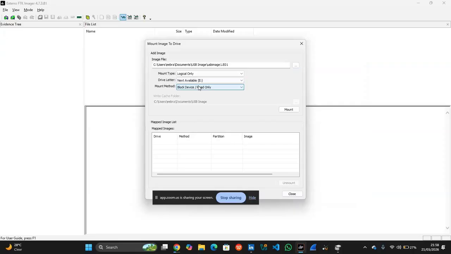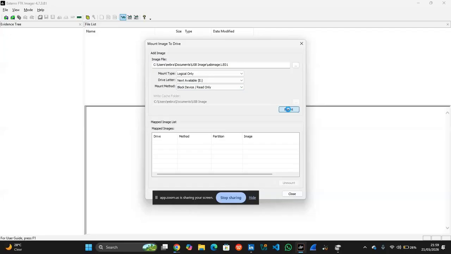It's easier. So logical drive, then the drive letter, which is the letter or the name that's going to be displayed for the drive, so you can identify this particular drive, right? Mount method: read only. I personally advise leaving it as read only so no one can tamper with it. So whatever evidence or data is in there cannot be tampered with. So let's leave it as read only. Let's quickly click on mount and see what we got.